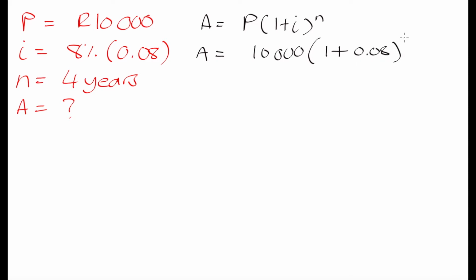That is going to be raised to the power of 4 because our n is 4. So that is the same thing as 10,000 multiplied by 1.08 to the power of 4. Now if we put this into our calculator, we are going to get